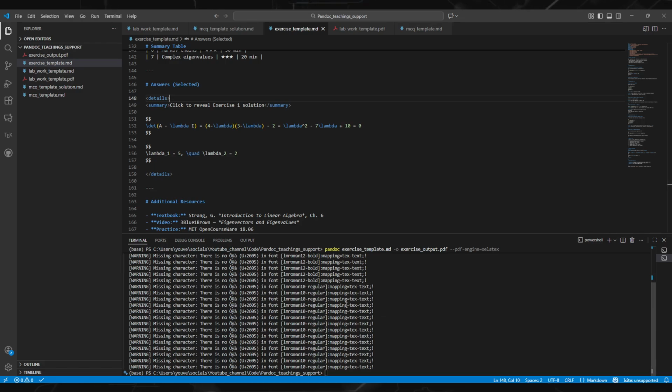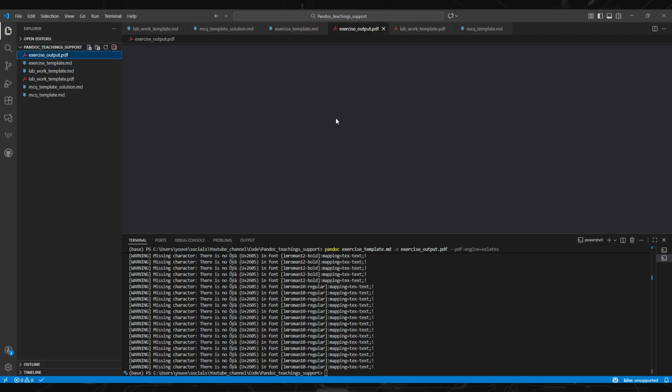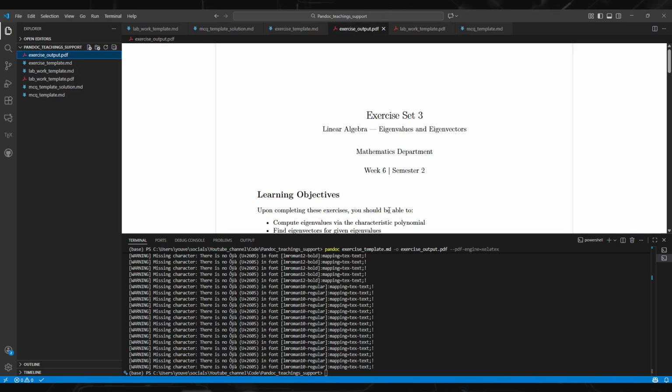Something nice about this is that Pandoc allows you to convert from Markdown to PDF, LaTeX, and HTML. So in the HTML version that we will see, we'll be able to click and reveal this solution. Okay. So if we click on it, this is the look of the